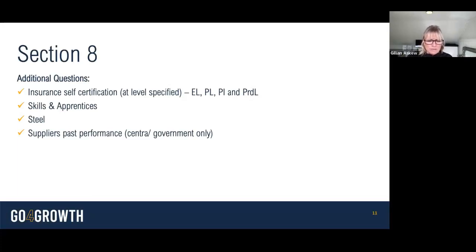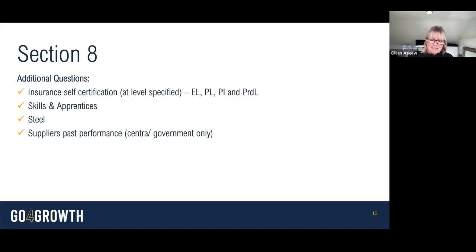Section 8 will also look at skills and apprenticeships. You might be asked to confirm if you're supporting apprenticeships and skill development through the contract. Now, the guidance on SSQ says that public procurement contracts with a full life value of 10 million and above and a duration of 12 months and above should be used to support skills development and delivery of apprenticeship commitments. So, if you are bidding above 10 million, you'll definitely be asked about it, but it is often asked in smaller procurements as well as a demonstration of that social value commitment.